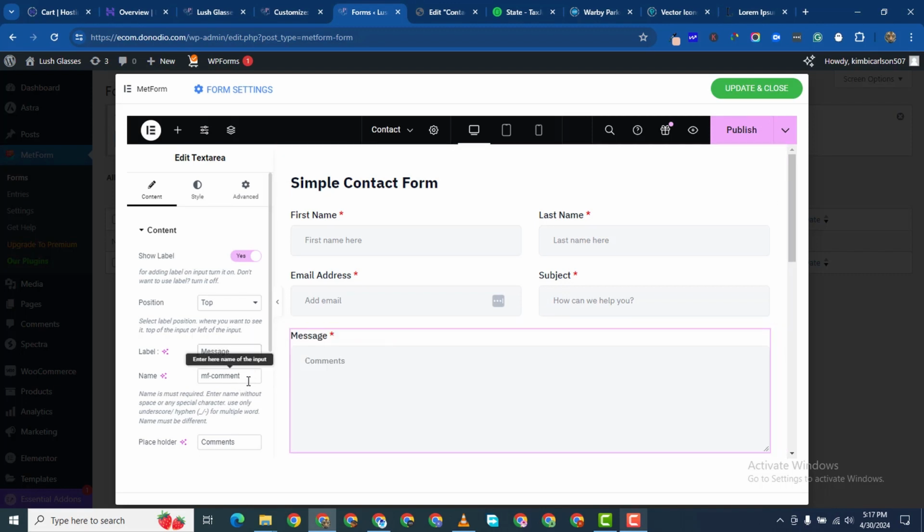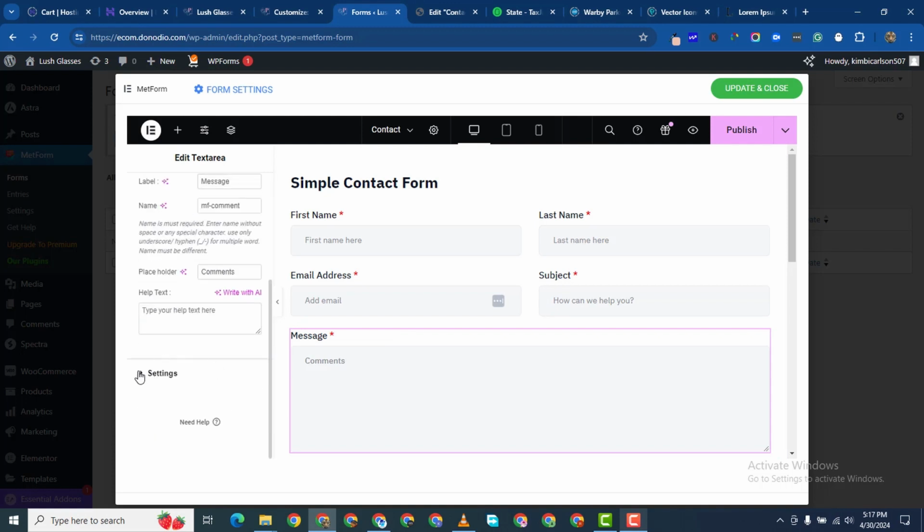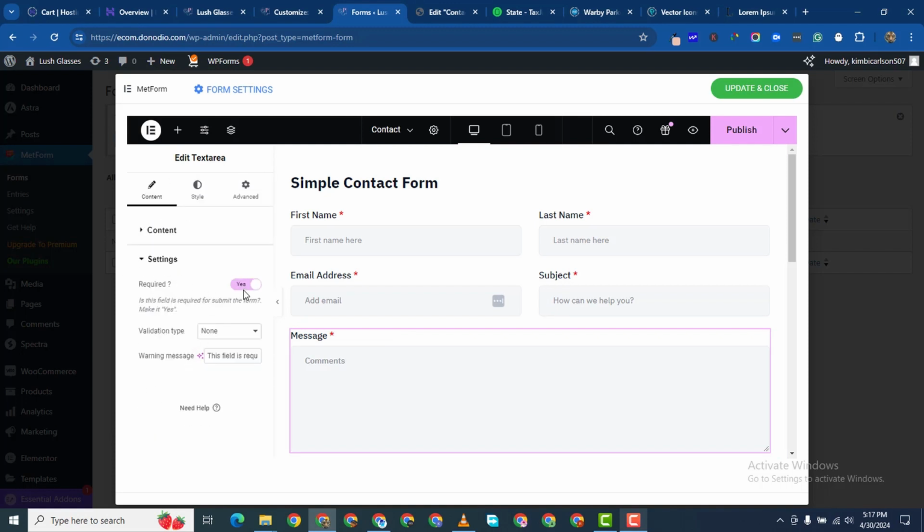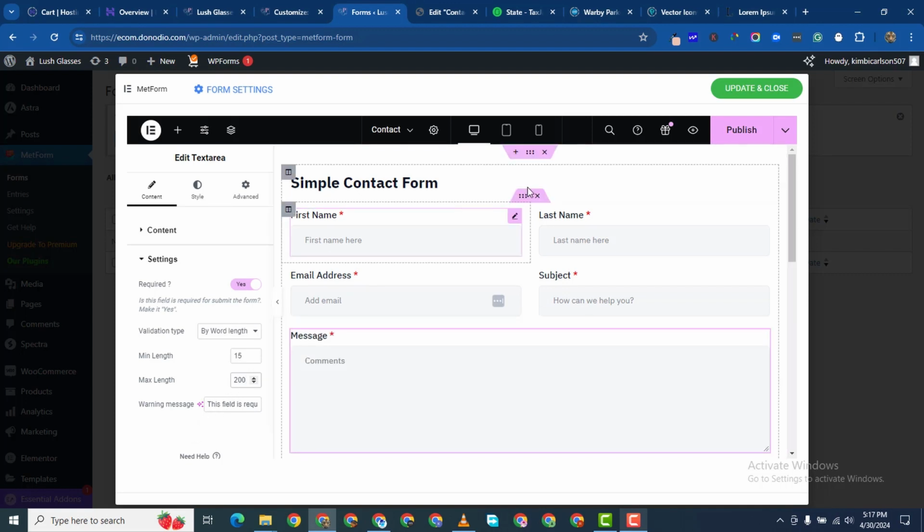So it's going to say message and all that. So when we come to settings, we can mark anything as required, validation by word length. So the minimum length, let's say the minimum number of words should be 15 words, and the maximum number of words should be 200 words. We don't want people writing us entire essays. Publish